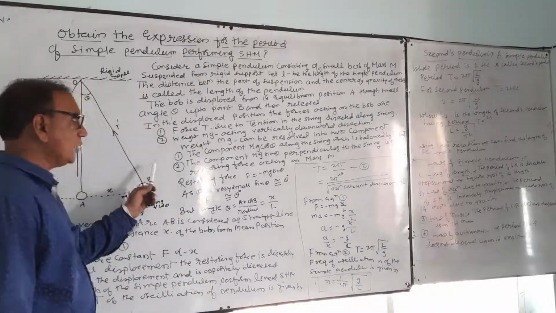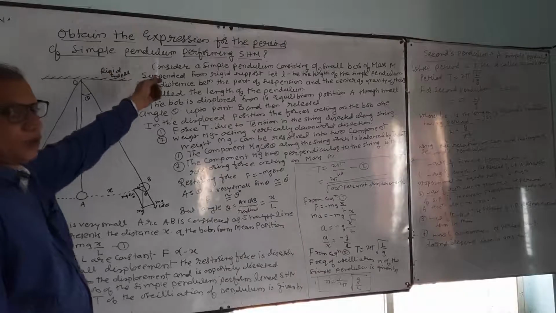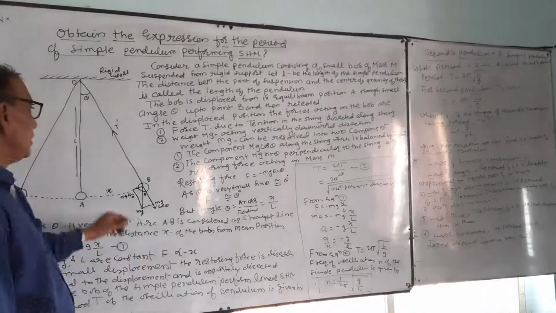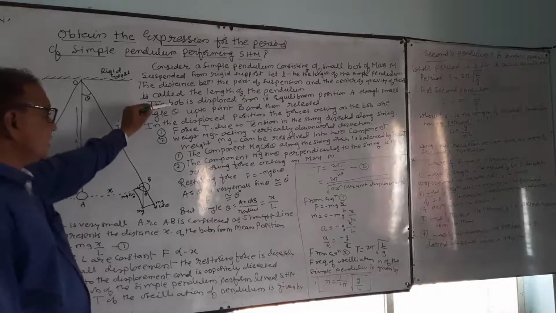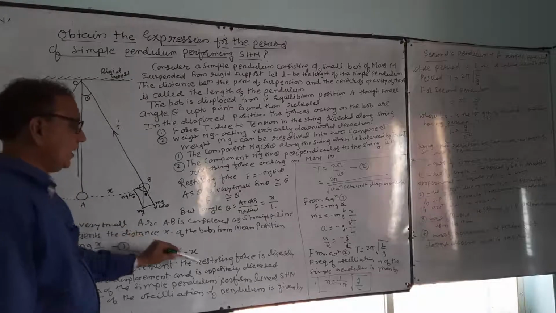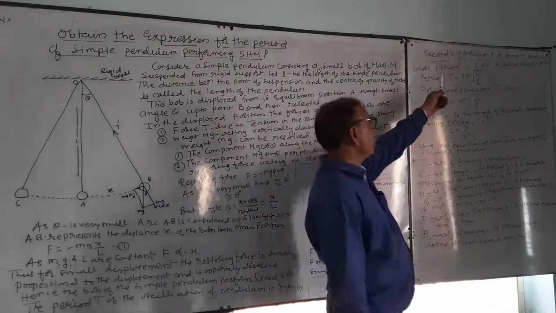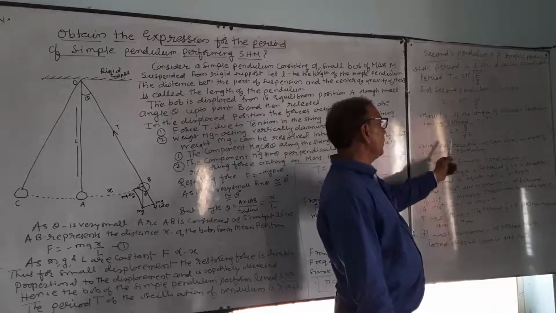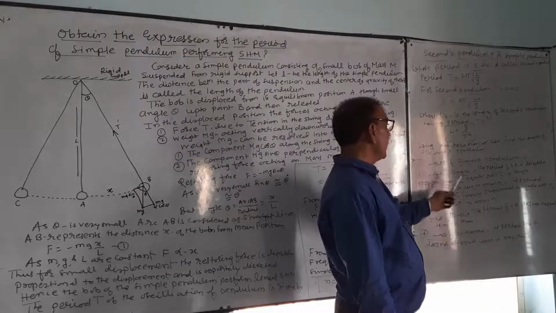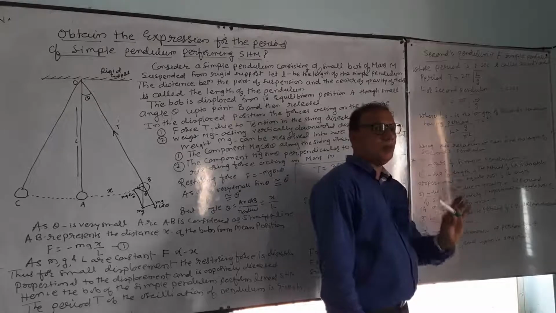This is a very important point. This type of question is often asked in the examination. You have to draw the diagram, give the description, derivation, and final equation. As a short question, this type can also be asked: define seconds pendulum and write the equation for the seconds pendulum. And one more short question: state the laws of simple pendulum.